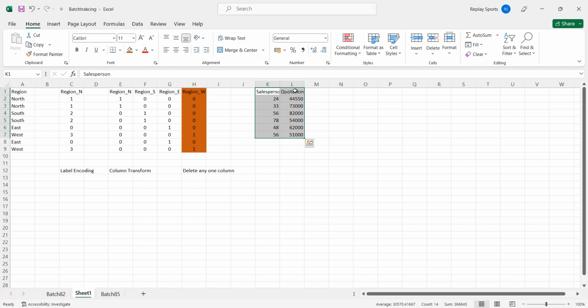Right? This is like Hardy, 45,000. And this is like Laurel, 2 digit. Now, when you have 2 digit and 5 digit, what happens? Quotation will always influence the result. Age or salesperson in this case will not have that kind of say in the analysis. So your model is going to be a biased model. Biased towards whom? Biased towards